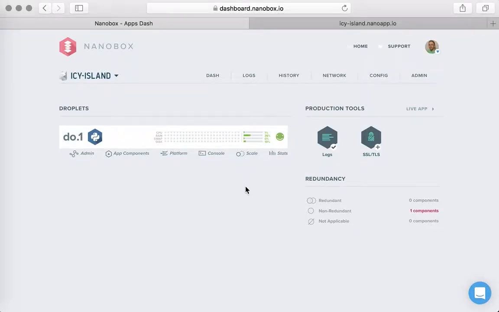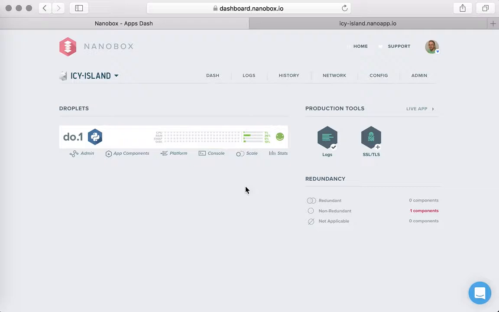So in the last video, we showed you how you can take your application from your local development environment and deploy it to a live production infrastructure on your own cloud account, whether that is Amazon or DigitalOcean or wherever that may be. So this time, what we're going to show is how you can take that same application that's already up live, receiving requests, serving traffic, and how you can resize that initial default server, small 512 megs of RAM, and resize that server,